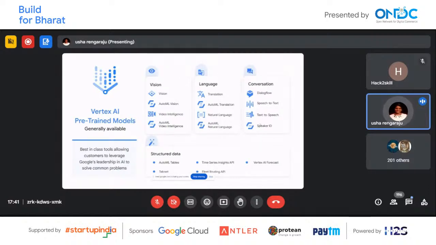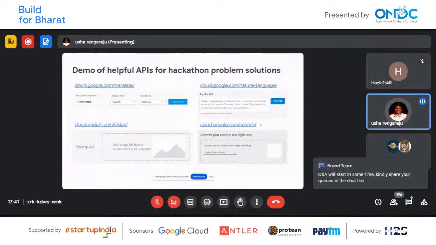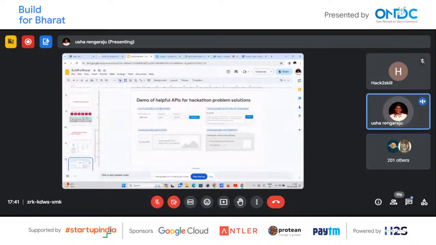And then for modeling, even if your team doesn't have a very strong data scientist or somebody who's technically very strong, you can use these pre-trained models from Vertex AI to build your solutions. You can also fine-tune them on your custom data set. You might have a custom data set on which you can fine-tune these pre-trained models. So these are some of the tools available from Vertex AI. And if you want to see a demo of the tools, I'm just quickly showing you.